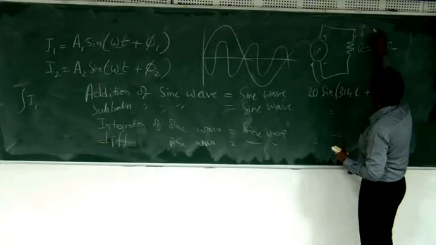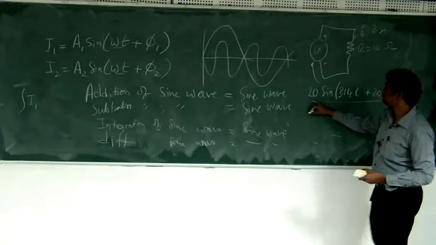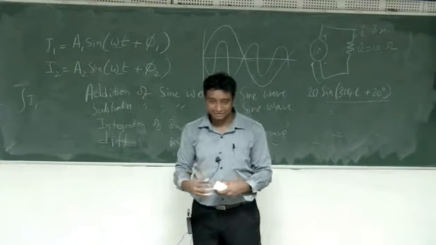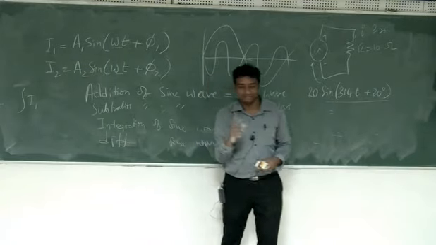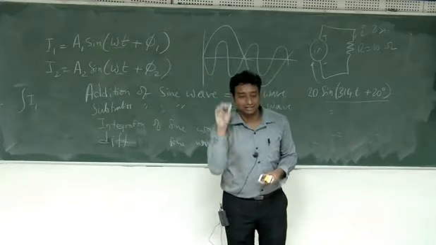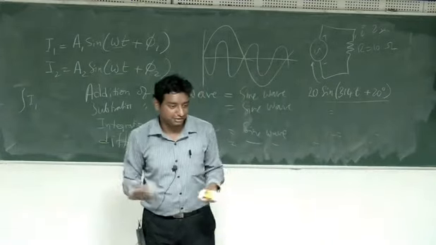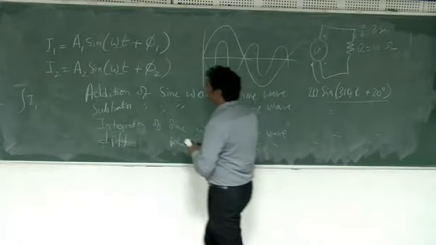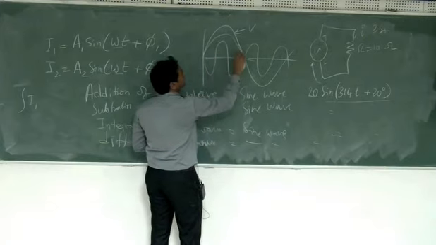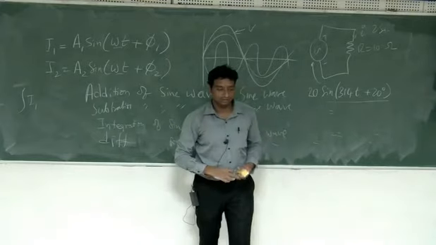I heard the answer: simply 2 into sine of, so this part will remain the same, just this 20 will become 2. Ohm's law works at t equal to 0 seconds, at t equal to 1 millisecond, 2 millisecond, whatever is the time. Ohm's law works at that particular time, taking that particular voltage and current at the time. Just Ohm's law, V equal to IR, so just divide it. If you look at the graph, if this is voltage, the current will be like this. Only the amplitude will change, the phase angle will remain the same.